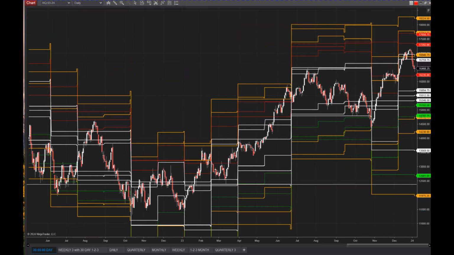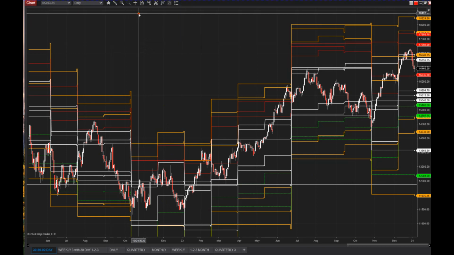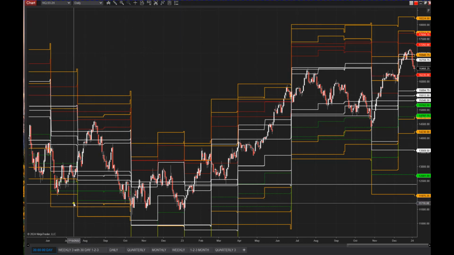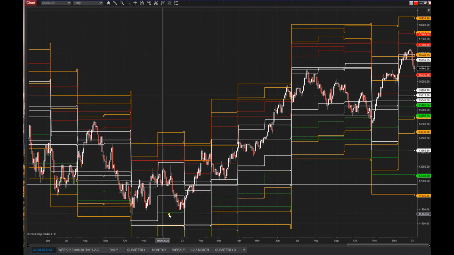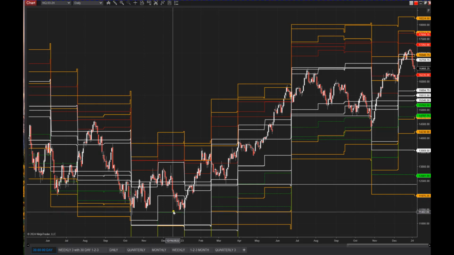Okay, so here's the NQ, and you can see that in past price relative to these historical volatility standard deviation levels, here are your lower threes that price bounced off of. Here was a 2 that held support, came up to the threes, that upper 3 held resistance, 3 held resistance, came into the ones, broke this 1,